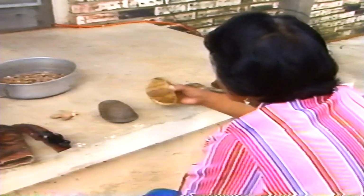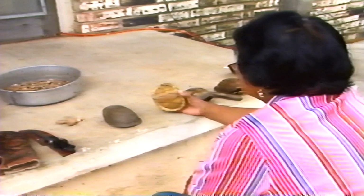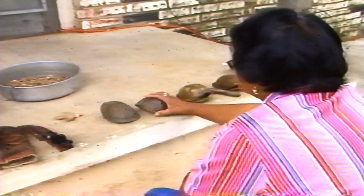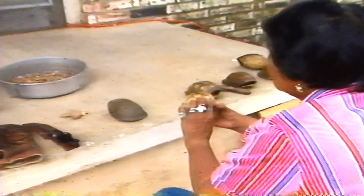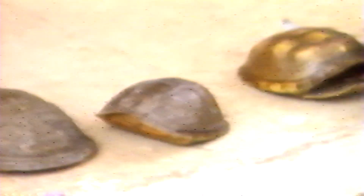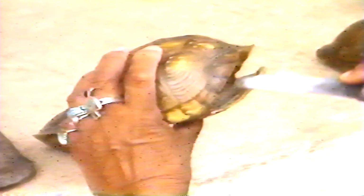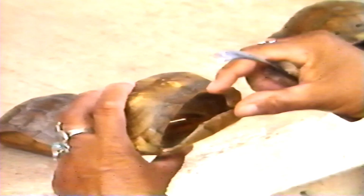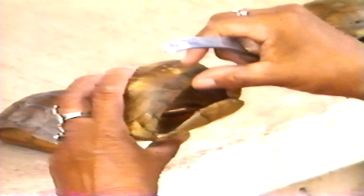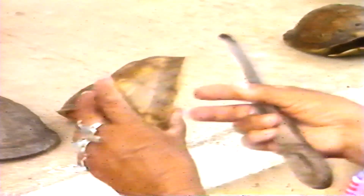When I get ready to kill or to clean my turtle, I usually wait till early in the morning or late in the evening when they are open and their heads and tails are out. Well then, this is the knife that I use. And I cut the neck first. And when you cut the neck, that elastic breaks loose where they raise their head and open up, and then you go back behind the neck, and then you go back to the tail, which is already open, and then